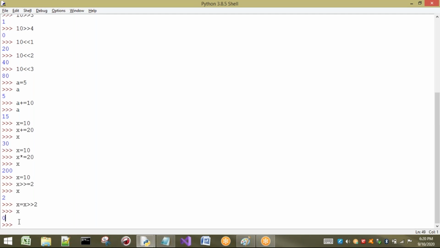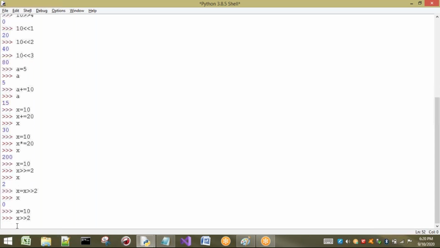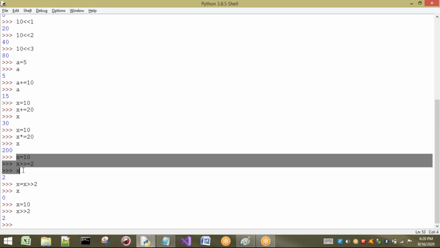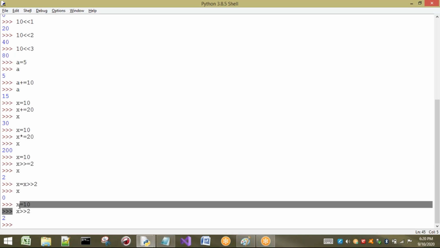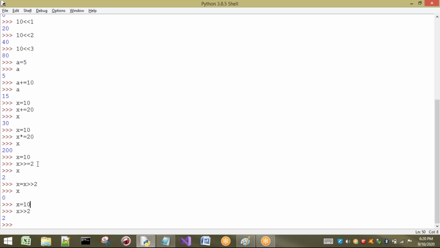Don't worry. Here again I will take the x value as 10 and show you. x = 10, and x right shifted by 2 bits. So the answer will be 2 only. That means this statement and this statement are the same. Okay, this is about compound assignment operators.